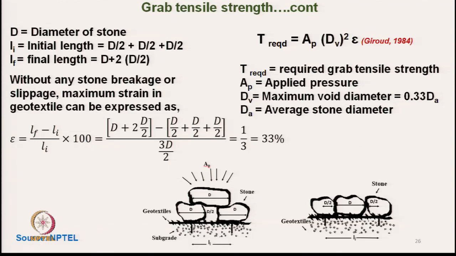So, what was the final length? 2d minus 3 by 2 d, that is the initial length, by 3 by 2 d. So, effectively it will be 1/3, and if we express in terms of percent, it is 33%. So, with this simplified model, we can see the extension here is 33%,